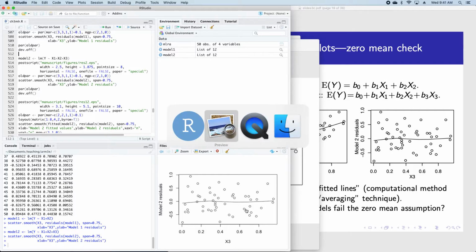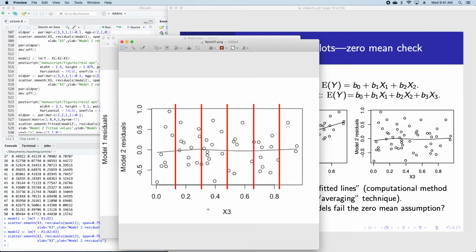Well, let's go back to the zoomed in version. And now in each slice or each band, I'm thinking about the variation of the residuals, and I'm asking myself, does it remain constant from one band to the next band, or from one slice to the next slice? I think it does. This is the variability here where I'm moving the mouse. This is the variability. It's perhaps a little bit smaller in this band, but it's not really that different. This one, it's perhaps gone up a little bit more, but it's pretty close to being